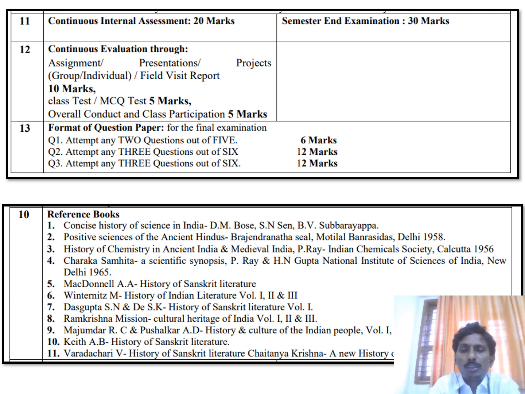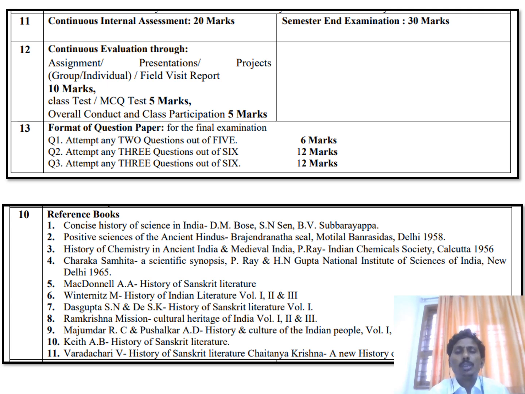This is the pattern of examination, as well as these are the reference books which are used for this, and we also use some internet data from Wikipedia. Sometimes we use state publications, other books and reference books also to study this Indian